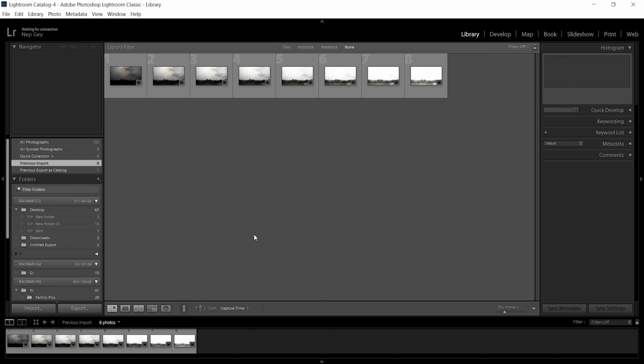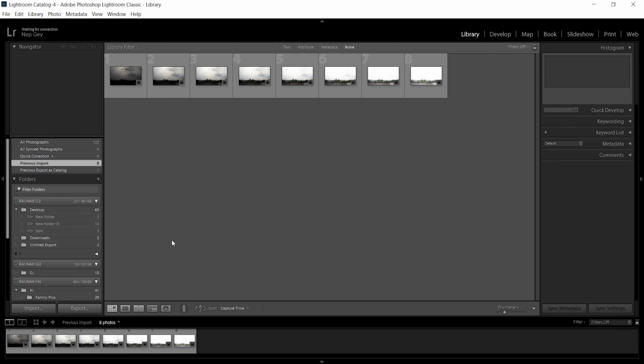So now we are inside Adobe Lightroom, and for HDR photography you need to take the same image at different exposure levels. So here you can see I have taken the same frame at different exposure levels. You can see here in this section, this is the most underexposed. Then I increase the exposure a little, and then it starts getting overexposed. So I will suggest you take at least 5 images so that you can get the most high quality high dynamic range. So in this case I have taken 8 images of the same frame at different exposure levels.